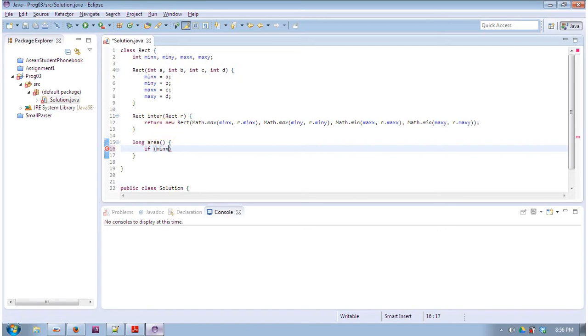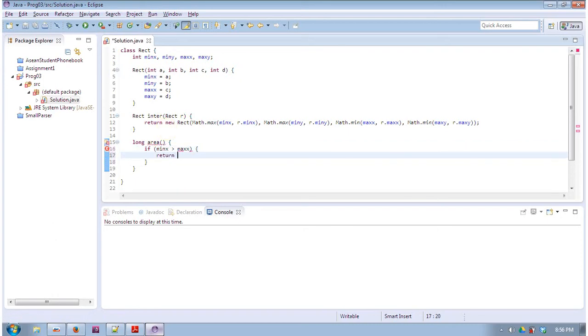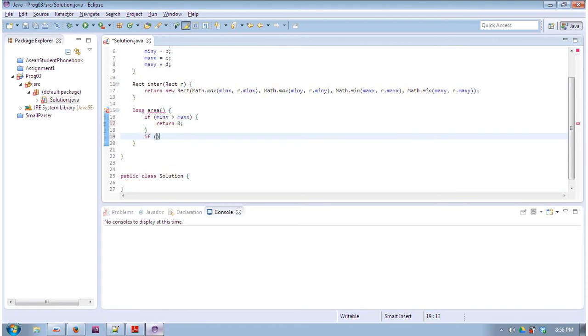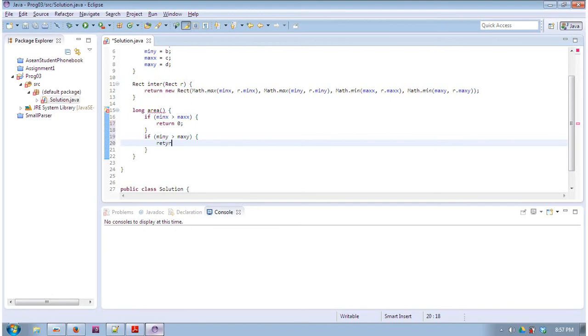If we get the area of a rectangle, if min x is greater than max x, then no area, and likewise if min y is greater than max y, return 0 as their area. So we return max x minus min x